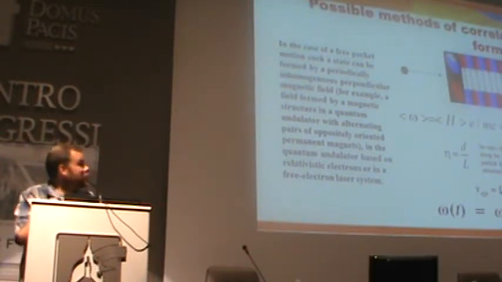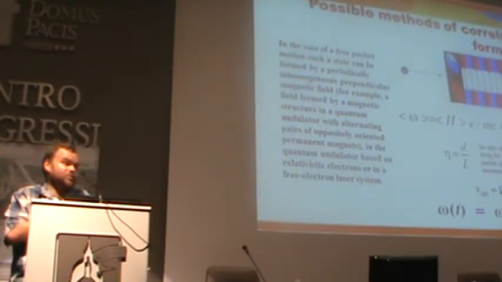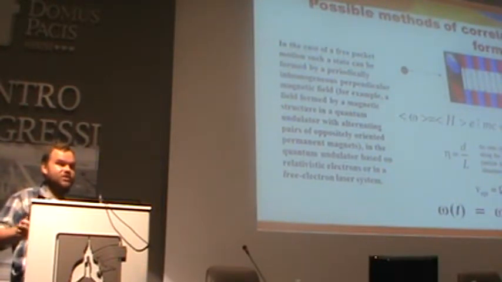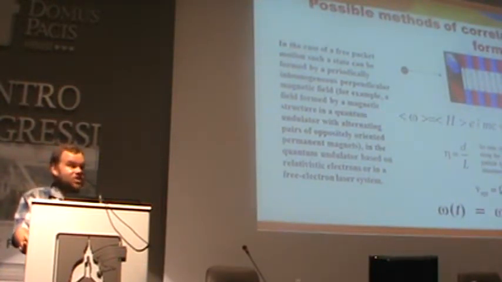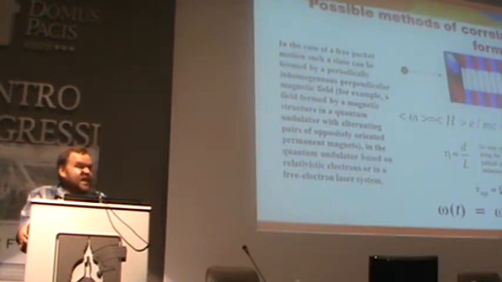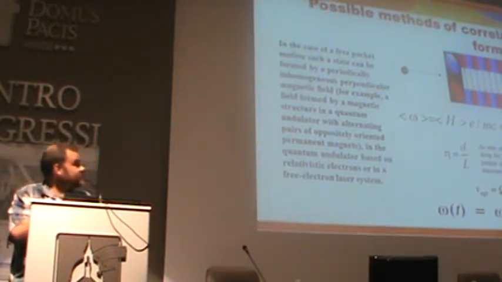For example, if we have some particle, which means a proton beam, and this proton moves in a system of magnets which are oriented in such a way that the magnetic field changes, we have an amplitude, we have an oscillation of this charged particle in the magnetic field. We can find the frequency of this oscillation. It depends on the amplitude reached by this field. And if we know this frequency, we know that